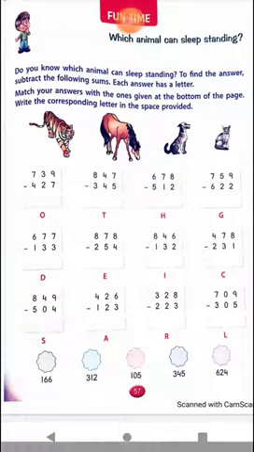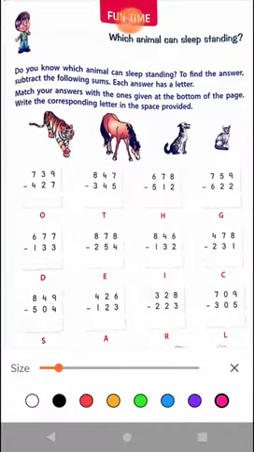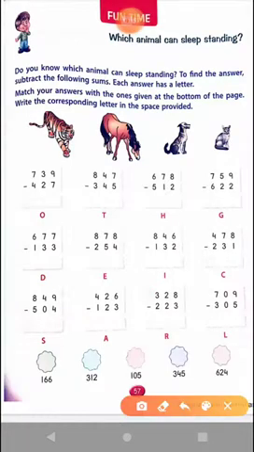Say, first one, 739 minus 427. So, what do we get? 9 minus 7, 2; 3 minus 2, 1; and 7 minus 4, 3. This is O. The corresponding letter is O. Next is 847 minus 345. So 7 minus 5 is 2, 4 minus 4, 0, and 8 minus 3 is 5. So the answer is 502. Third is 8 minus 2,